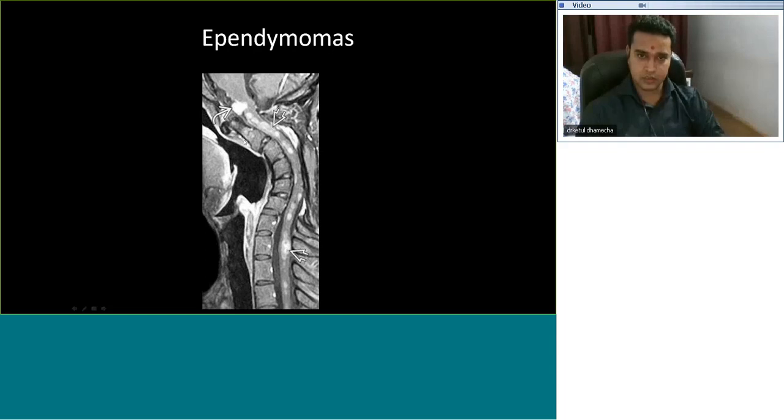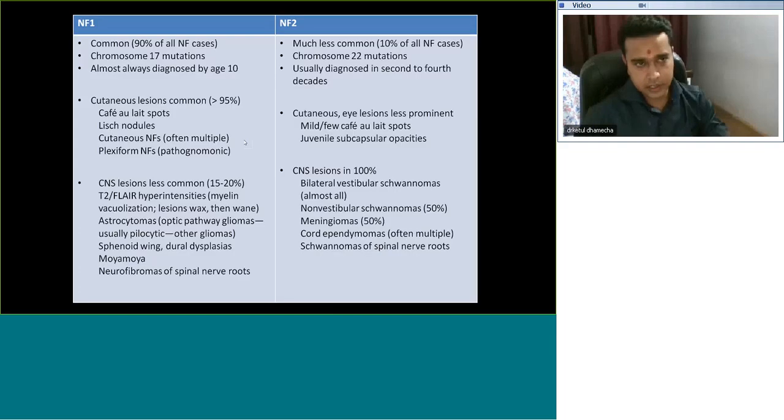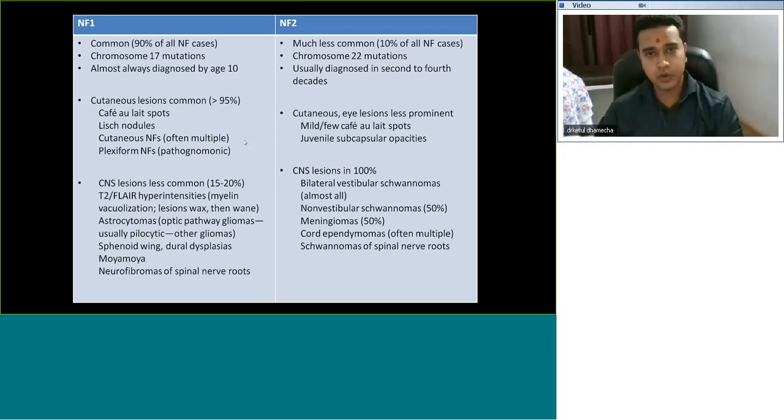neurofibromas. So what is the difference between NF1 and NF2? NF1 is more common. 90% of NF is NF1, and only 10% is NF2. NF1 is almost always diagnosed by the age of 10. This is important because NF1 usually presents in the early age group, whereas NF2 is usually diagnosed in the second to fourth